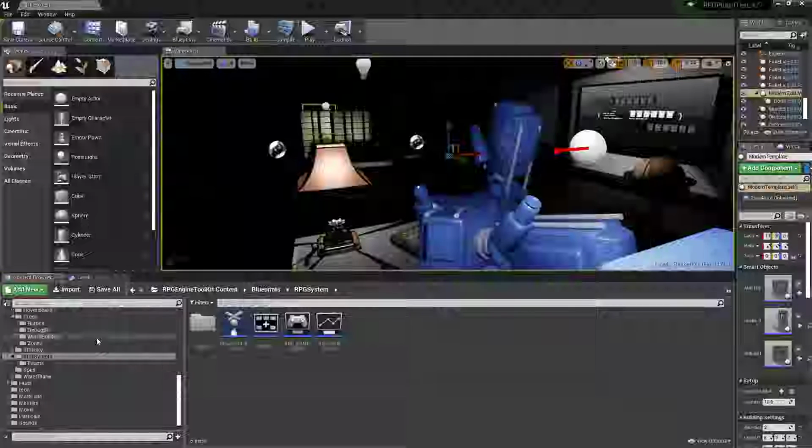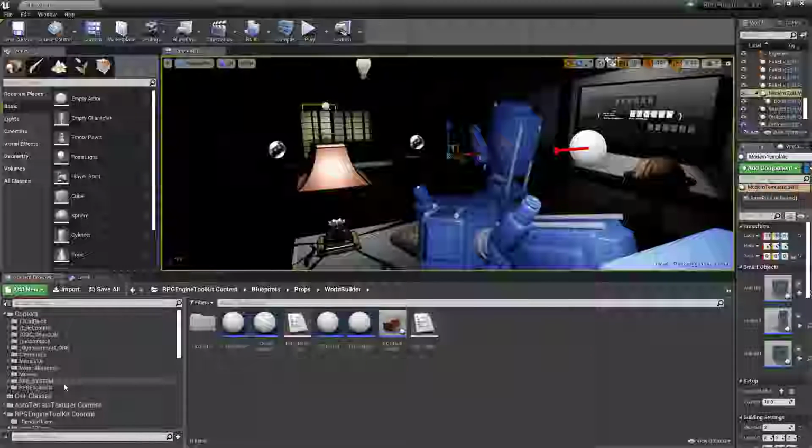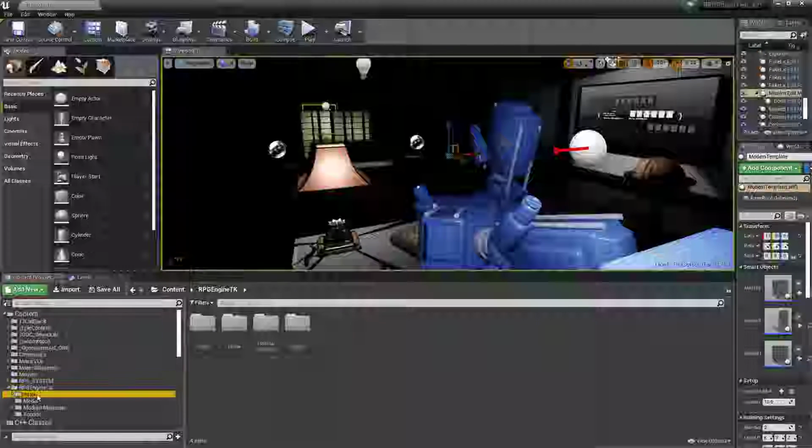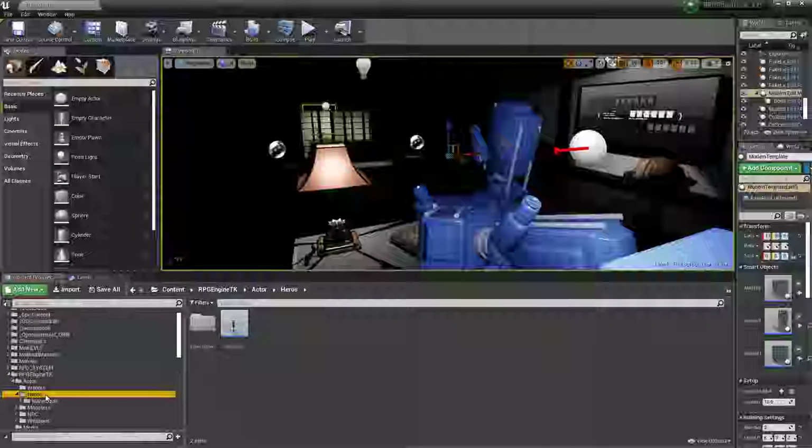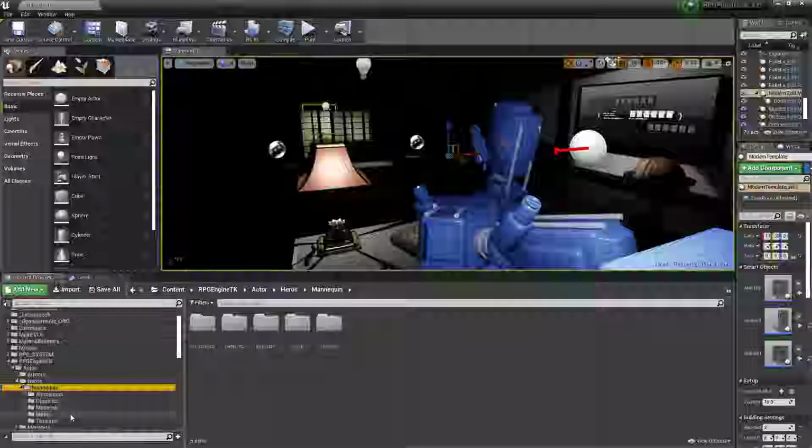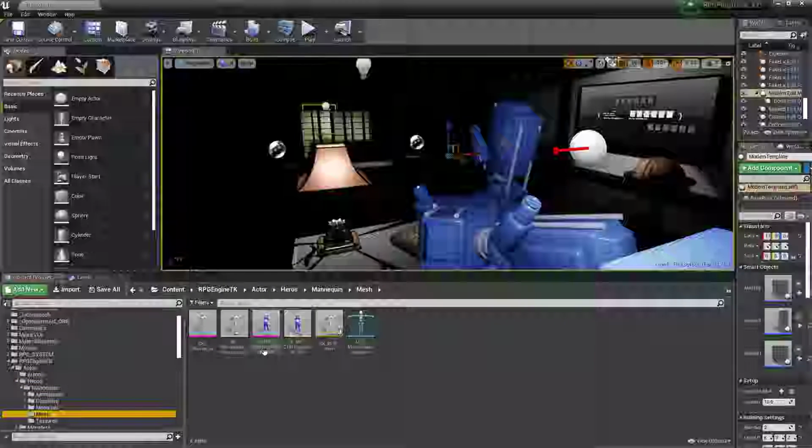So if we look over here inside of our actor, we have a hero. Our hero is just in general a mannequin. So we have a skeleton, and we want that skeleton to be in our game. Along with this skeleton,